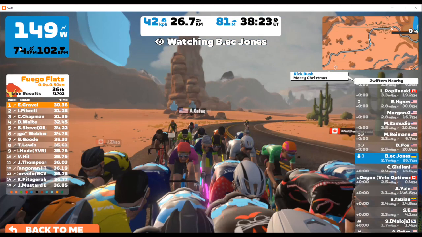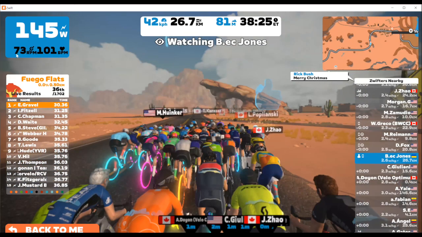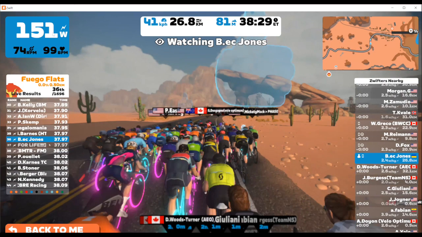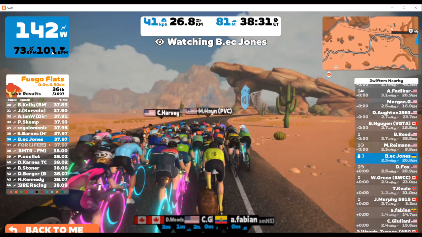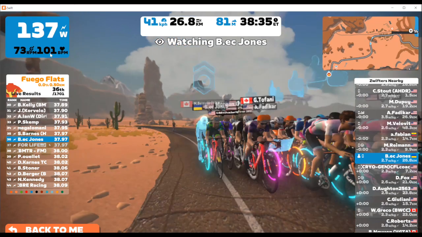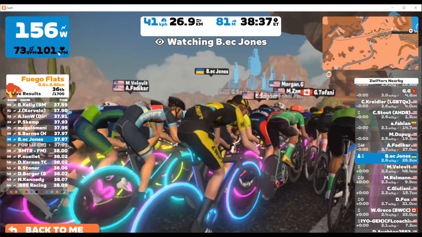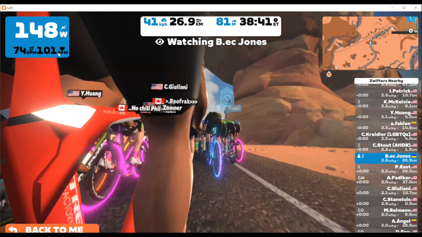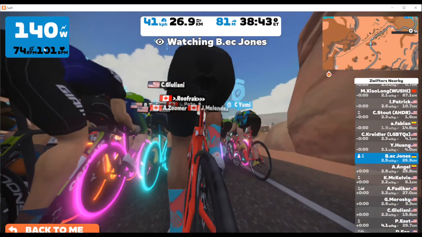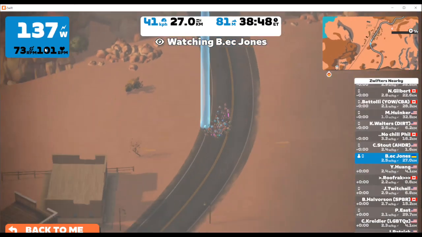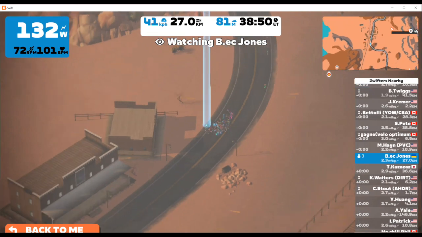So right now, Beck is smoothly rolling at about 73 RPMs, 140 to 50-some odd watts, and the BPM are beats per minute. So 101 beats per minute. But for all intents and purposes, knowing her and knowing right now her vital statistics, she's just out on a nice little what we would call a zone 2 endurance ride.